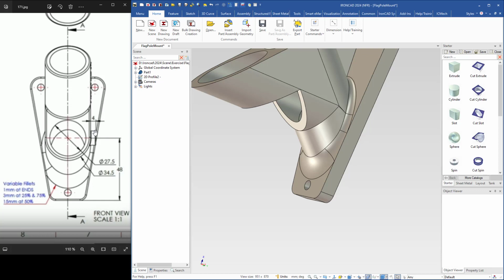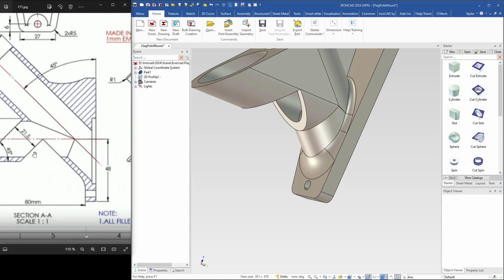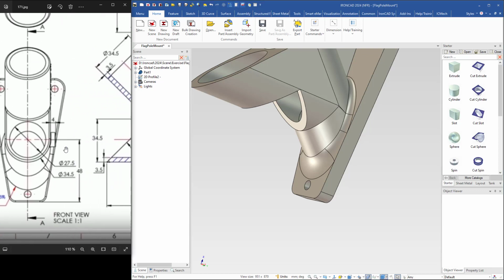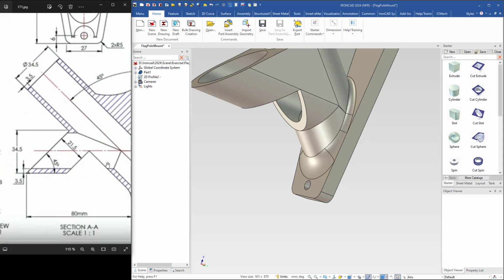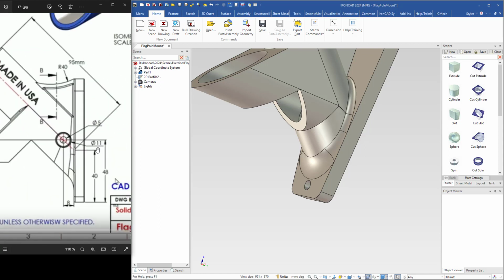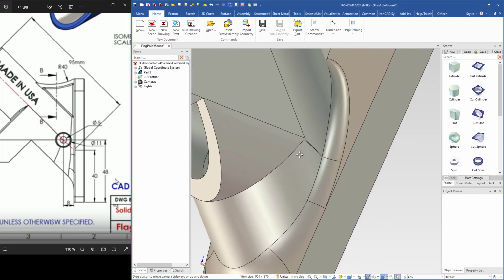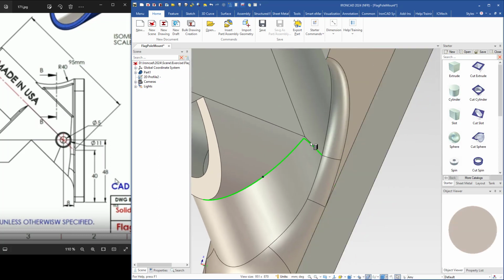Then I will add this part. We see that the thickness is 4 and the diameter is 11, the hole is 5. So I will zoom in a bit, like so, and drag a cylinder, drop it here in this intersection, on this point. And the diameter should be 11, thickness 4,